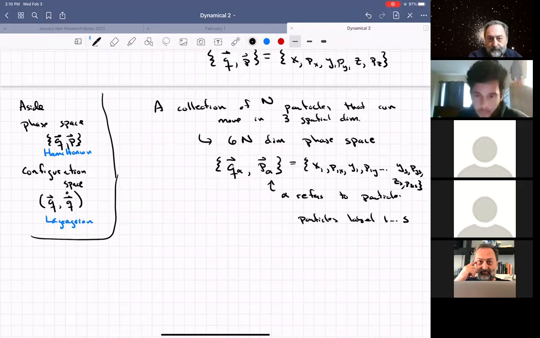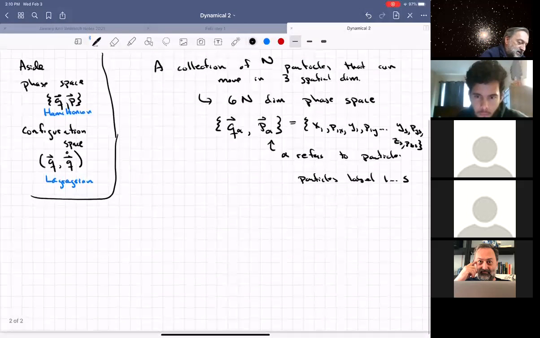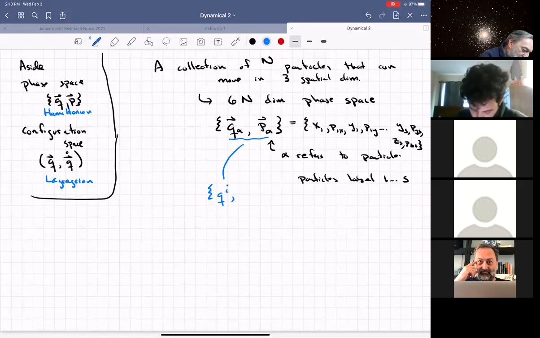Everybody good? Now, it's kind of traditional to take all of this and simply think of it as the collection Q_i, P_i. So this is the phase space for my